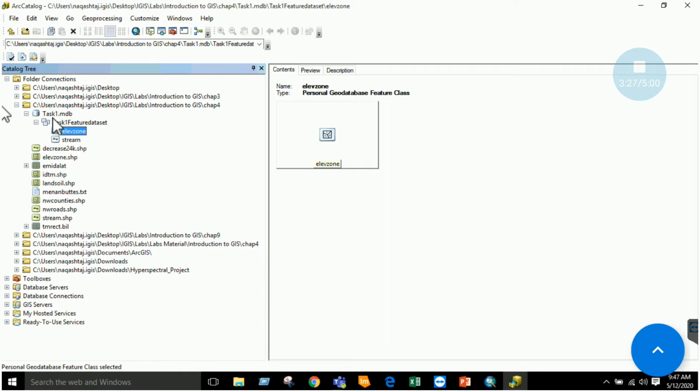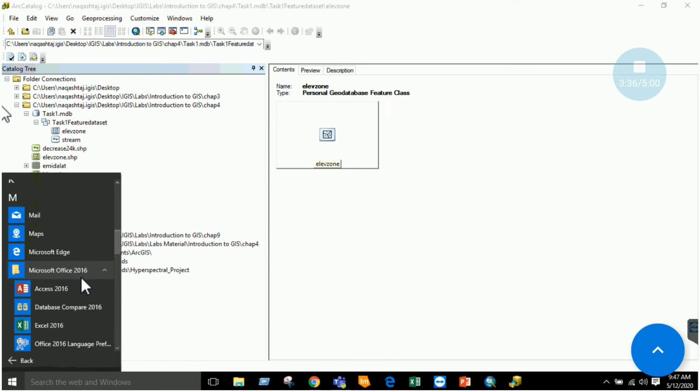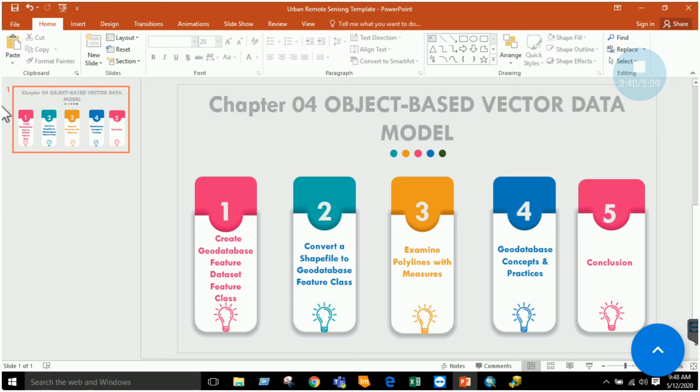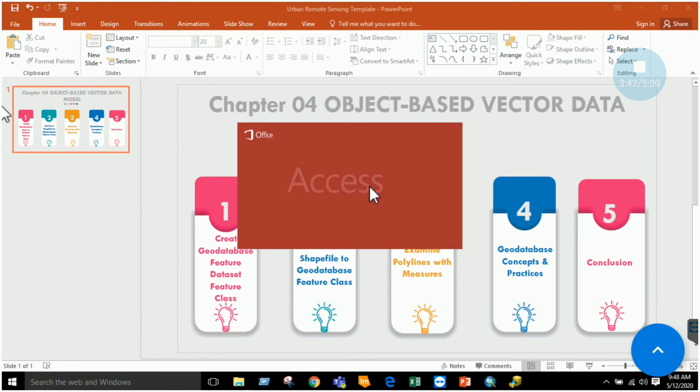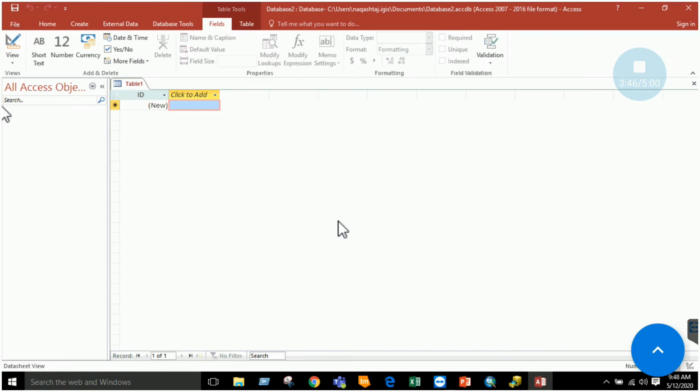Now this geodatabase can be opened in Microsoft Access. You just have to go to Microsoft software, here Office, and click on Access. When you click on Access, this window is going to appear. Just click blank database and click create.